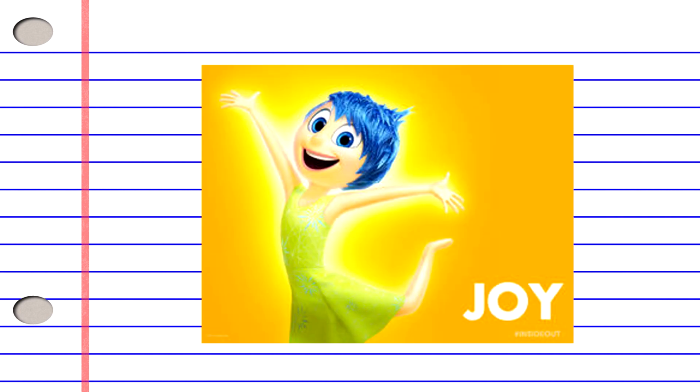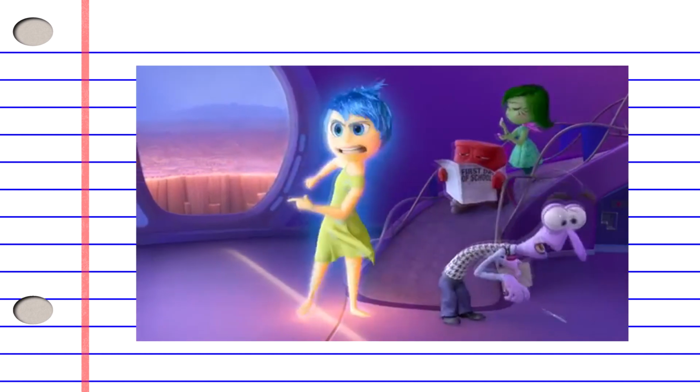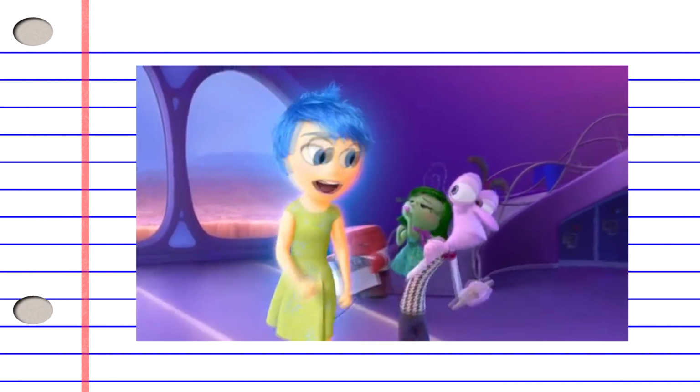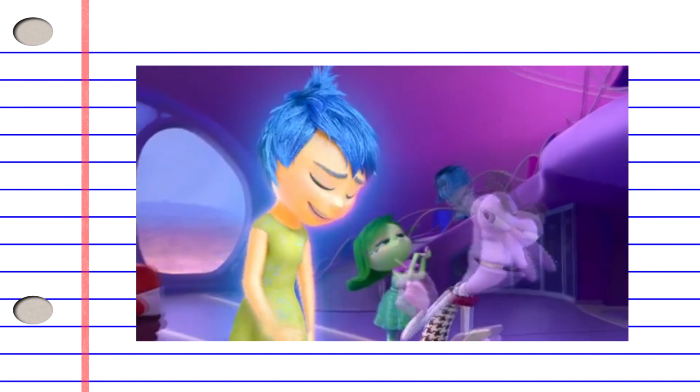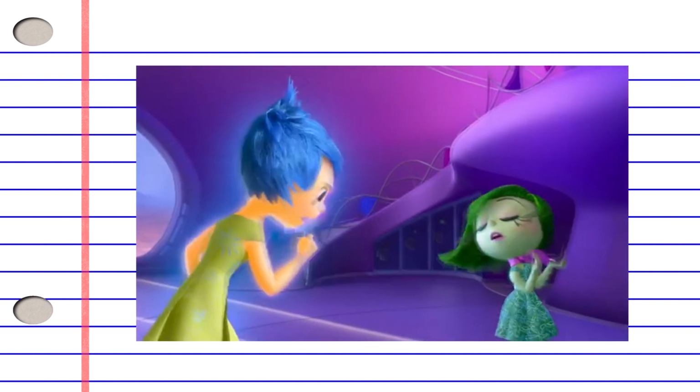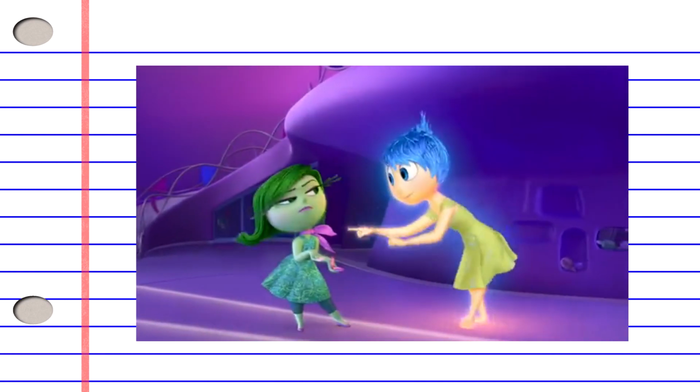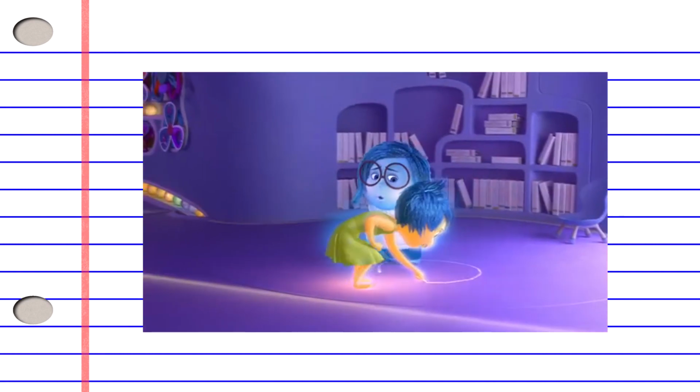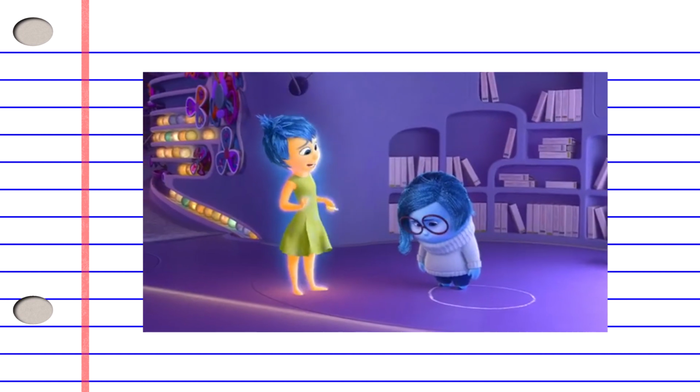Let's take the character Joy from Inside Out. Joy is defined by being happy, the sole leader of Riley's emotions. Her only want is to make her happy, and that's it. What this leads to is denial of sadness as a necessary emotion, no matter the importance of it. When given a situation where the character is upset, her first instinct is to try and ignore it and move away as quickly as possible.